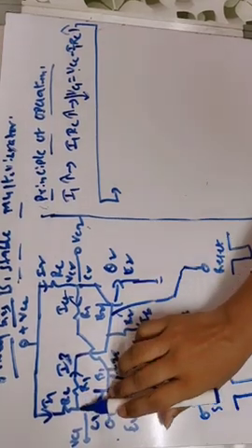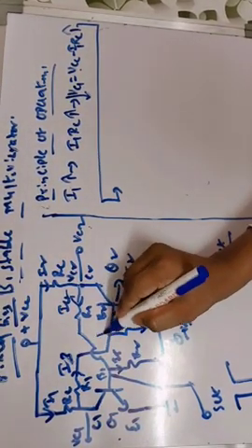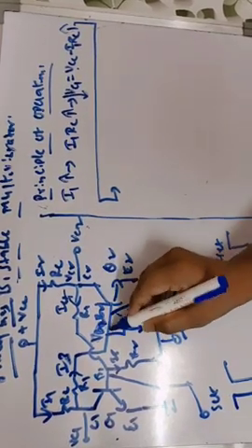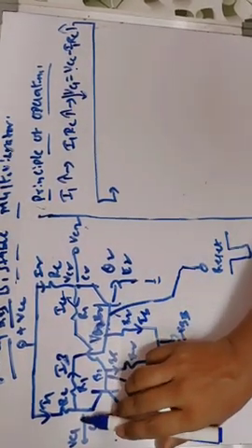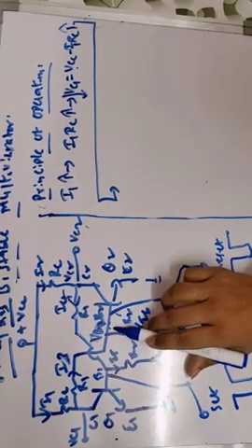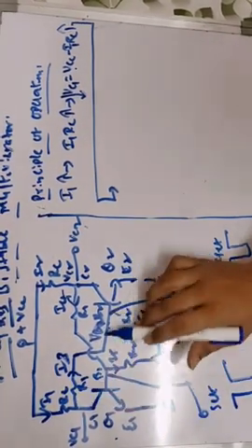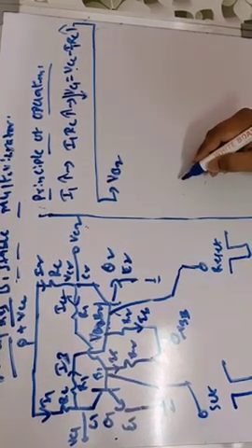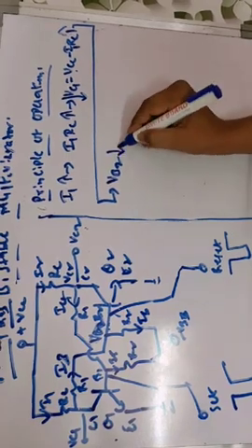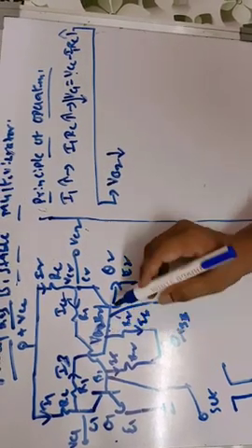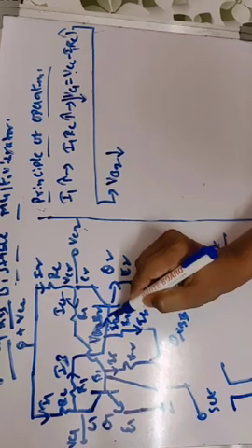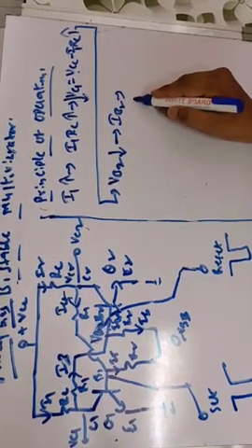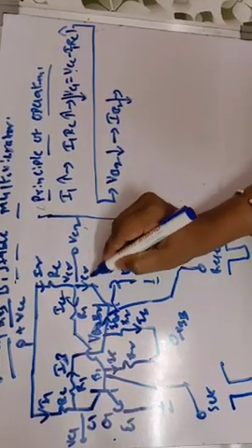VC1 is the potential we are applying to the base of the second transistor. The potential at the base of the second transistor is because of VC1, because this is directly connected to the base of the second transistor through the resistor. So if VC1 decreases, VBE2, the base potential of the second transistor, will also decrease. If the base voltage decreases, the current flowing into the base of the second transistor will also decrease. That is, IB2 decreases. As IB2 decreases, what happens to the collector current IC2?